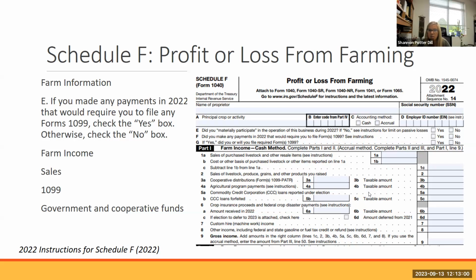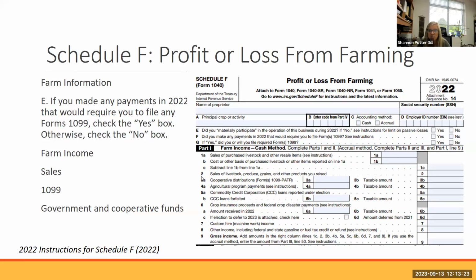An example is sales of purchased livestock and other resale items. That's 1A. 1B is to be able to deduct out that cost basis or purchase price of those items. So the instructions will help you walk through each of these sections.